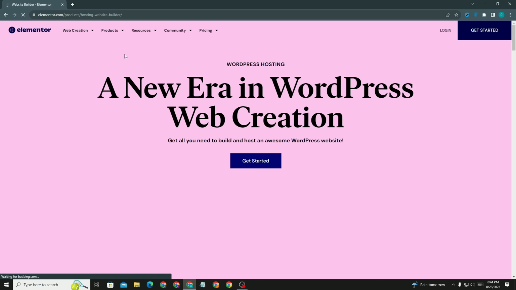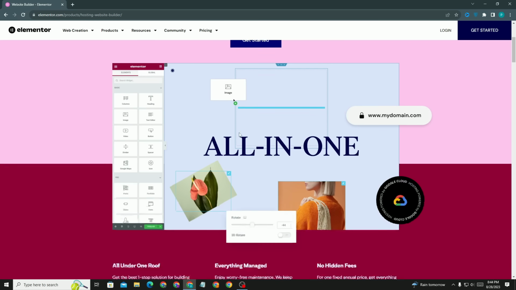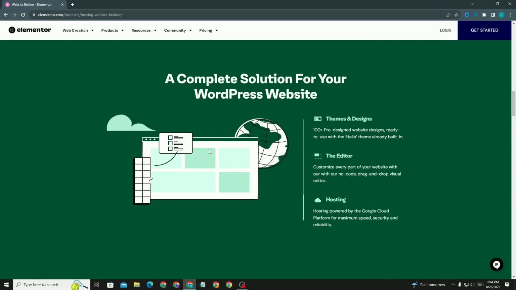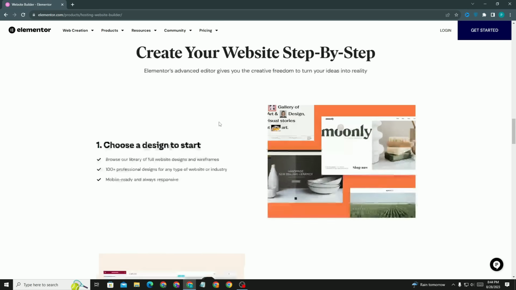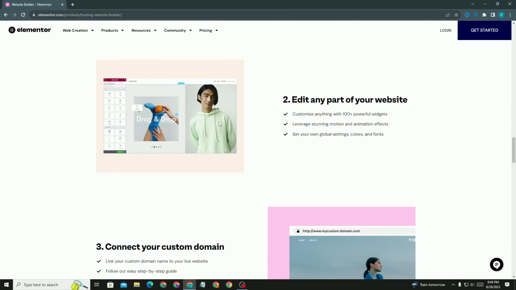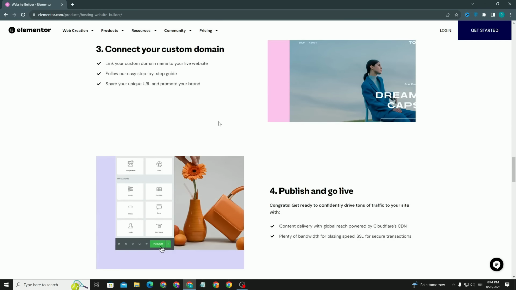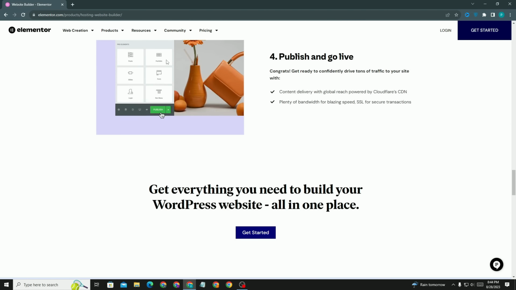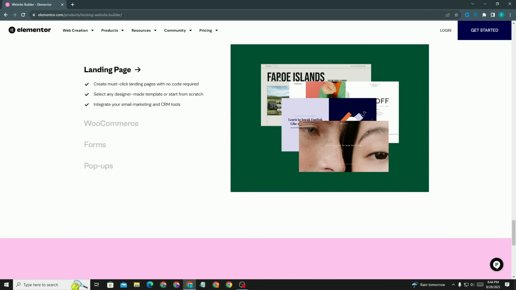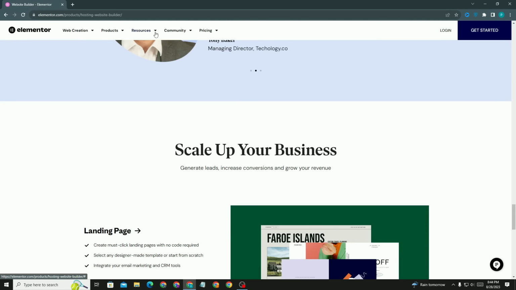Okay, simply you can see the interface over here, all in one. All in one means that you will get everything, whatever you want to build, develop, or add to your website. All the features and all the key elements are here, so you don't have to worry about it.